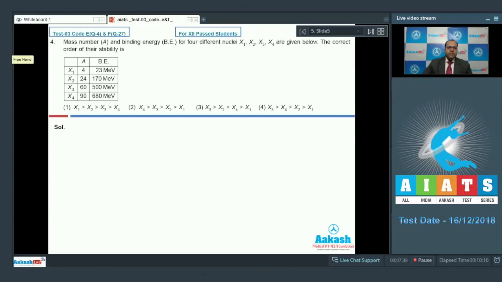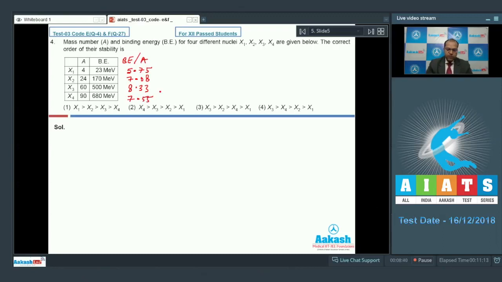So we compare the order of stability by the value of binding energy per nucleon. If I calculate the binding energy per nucleon of these nuclei, then for X1 it comes out to be 5.75 mega electron volt, for X2 it comes out to be 7.08 mega electron volt, for X3 it comes out to be 8.33 mega electron volt, and for X4, it comes out to be